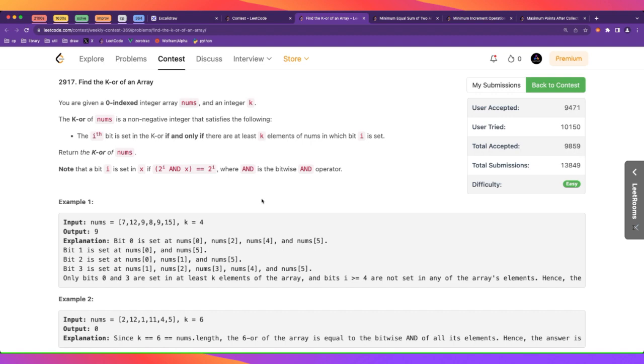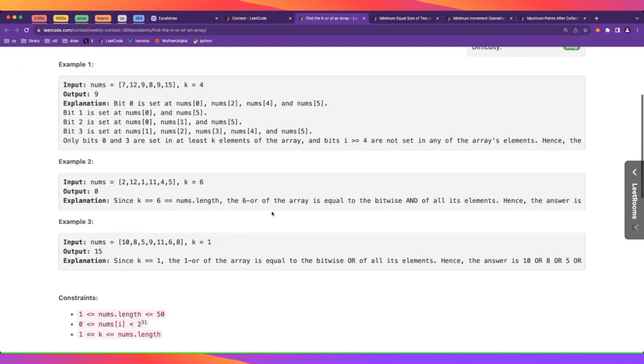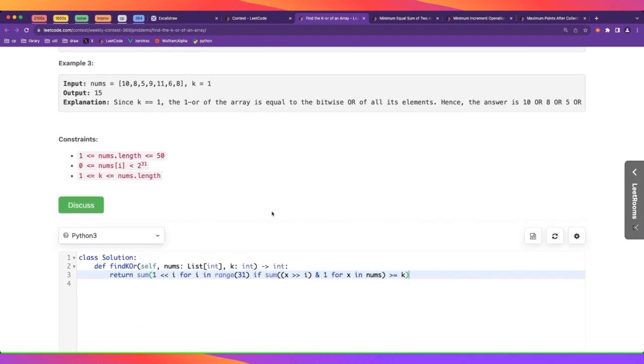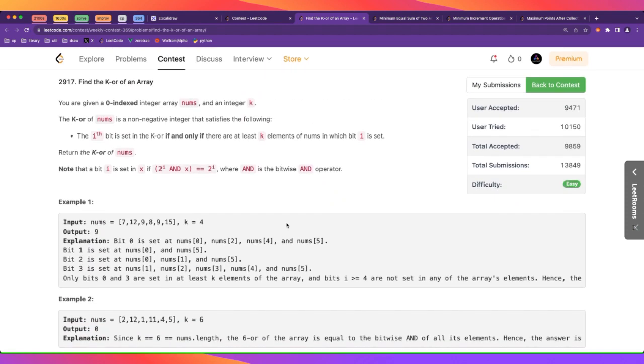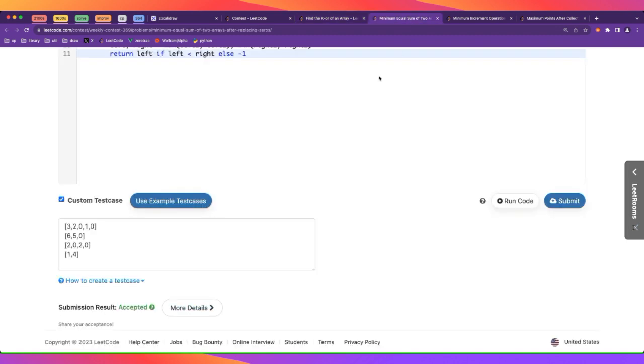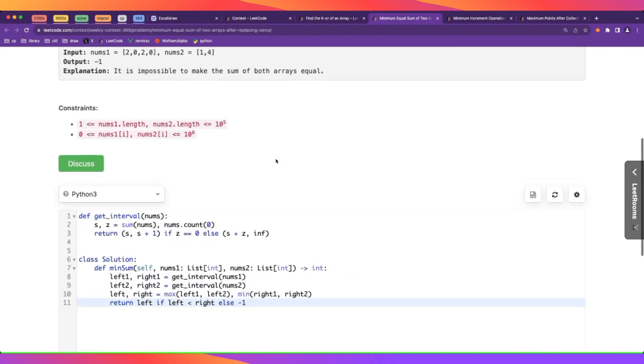The first one was easy. For the first one, yes, you need to know about the bitwise operations. But if you know that, I think that's knowledge that is assumed from the participants, and it should be straightforward to implement this. There's no observation needed, no insights needed. Whereas on this one,